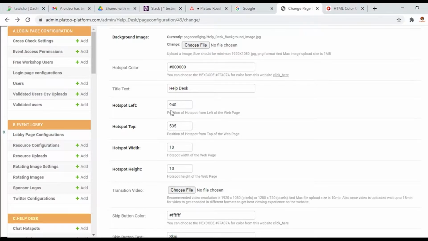Here, it's very easy. You can just open the help desk background image on Paint.